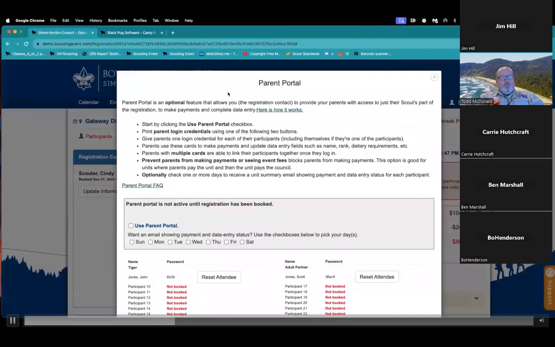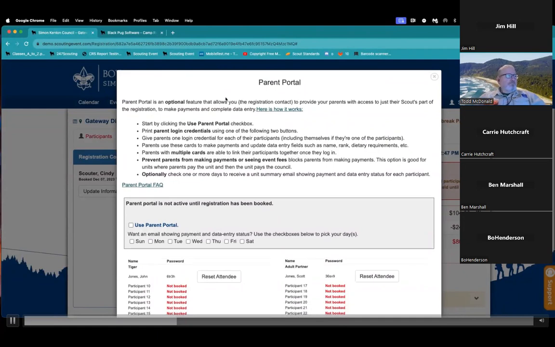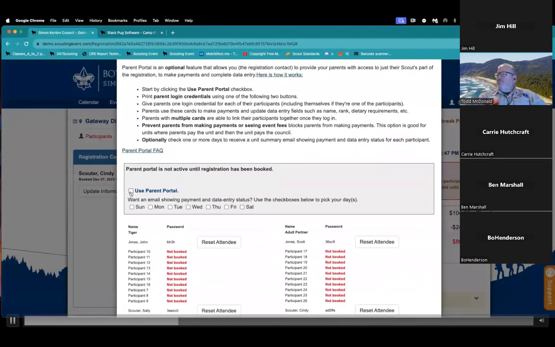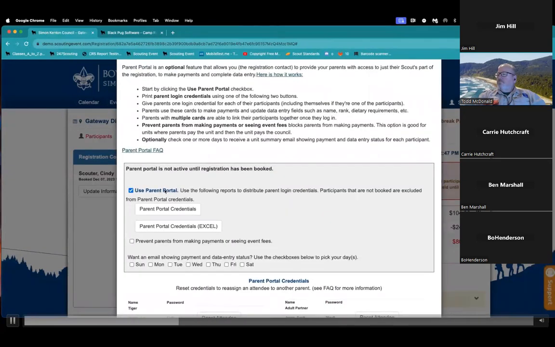Okay. So I have all of these youth, and we're not collecting a lot of information for them, but that still doesn't necessarily mean that I want to take the time to enter all of this information. Maybe I also want to pass some of the payment off to the parent. So if that's the case, I can utilize this parent portal function. And with parent portal, when you see this function, it does not mean that you have to use it. But if you want to use it, you can use it on any event that offers this tool. So if I come in here, I'll see some instructions on what this does, why we might want to do it, things like that. And if I want to use Parent Portal, I'm just going to check this box.